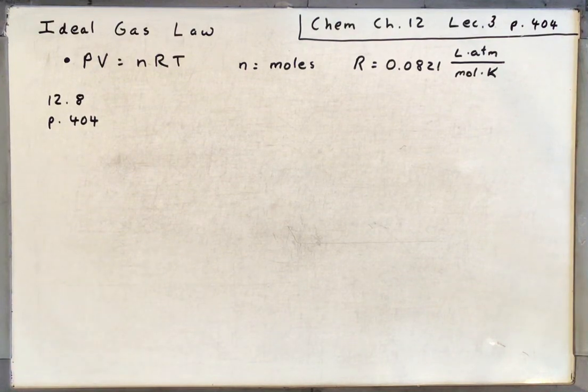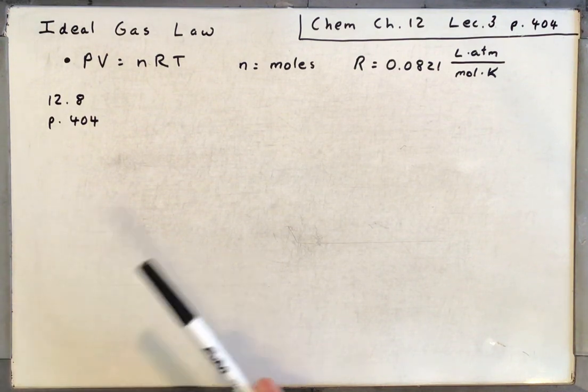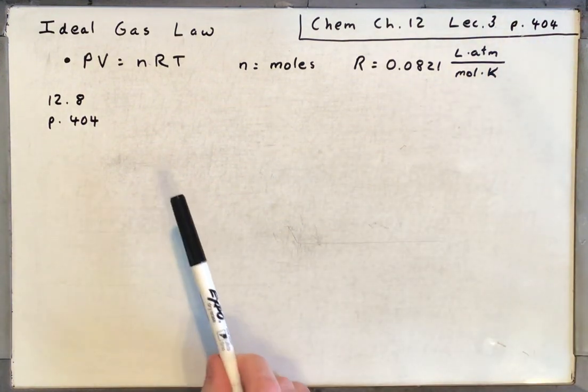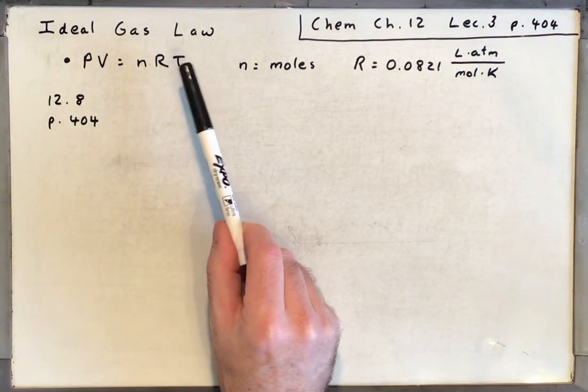Hello, chemistry people. This is Chapter 12, Lecture 3. This will be the third and final lecture for Chapter 12. We are going to be in the book starting on page 404, and this lecture is about the ideal gas